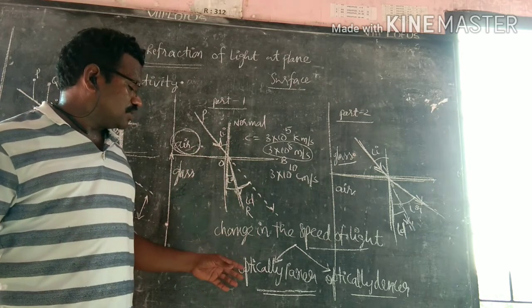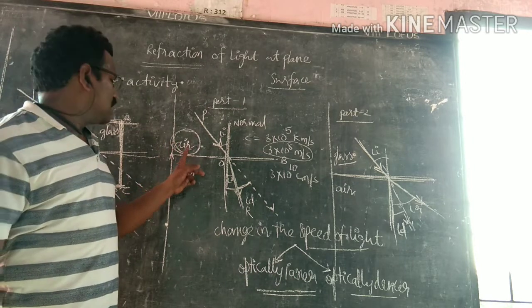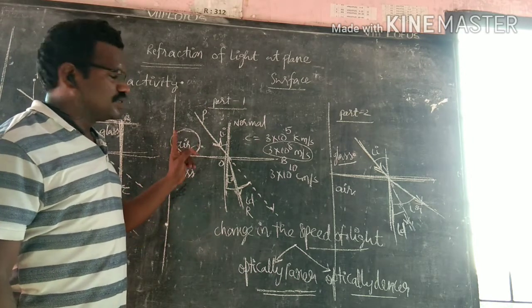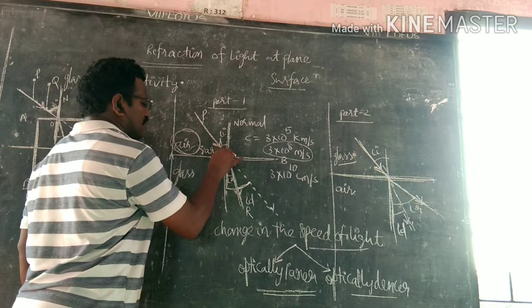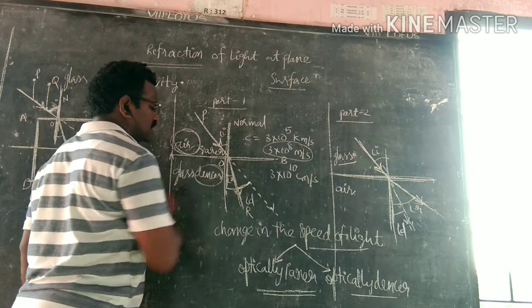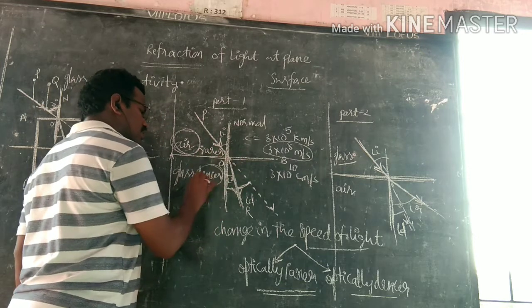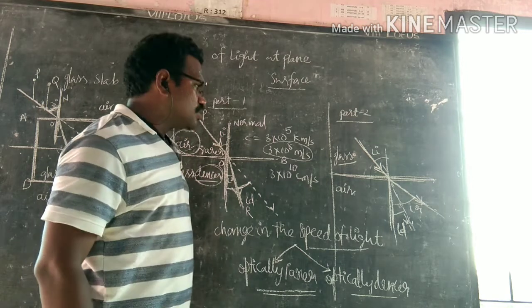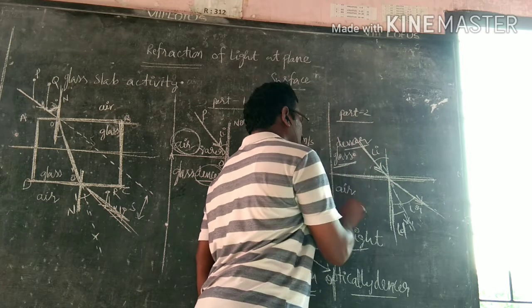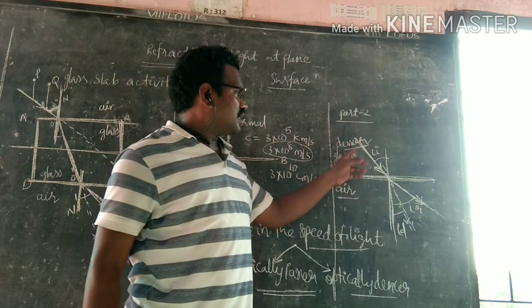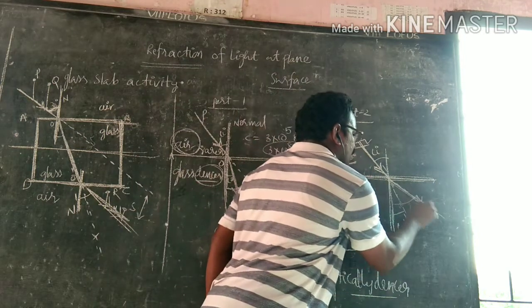Depending upon the refraction, two media: optically rarer and optically denser. See here, air is rarer, glass is the denser medium when compared to air. If the light ray travels from air, that is rarer, to glass, that is denser, it is deviating towards the normal. Rarer to denser, the light ray deviates towards the normal. Glass, which can be considered denser, and air is rarer. If the light ray travels from denser to rarer, it deviates away from the normal.